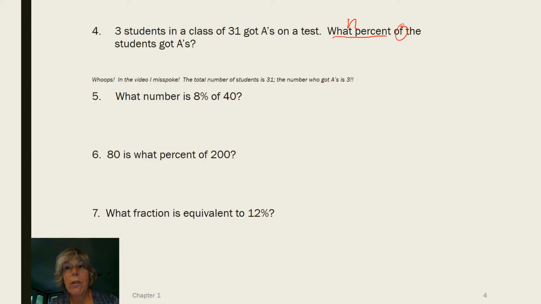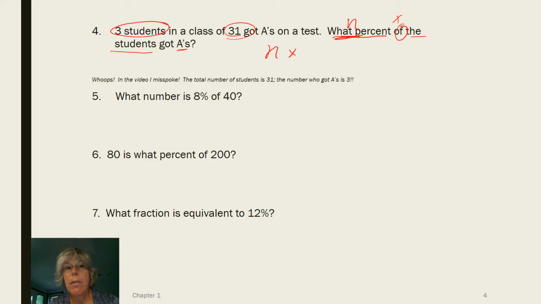Of is always going to be times in my equation. And then you've got the students. Well, there's 31 students, so that's a number. And then there's an amount of those that got A's. You have 3 students who got A's. So if I'm going to write an equation for this, I'm going to write n